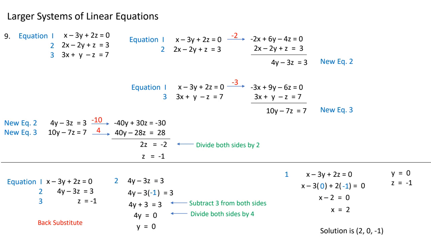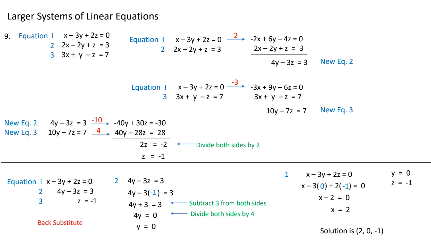Okay, so I have this situation. So if I want to solve, I already have one of the variables that is part of my solution. Z equals negative 1. So now I'm going to work backwards. I'm going to plug in this Z value that I know, negative 1, to the second equation where it has just the Y and the Z. And when I do that, I get that